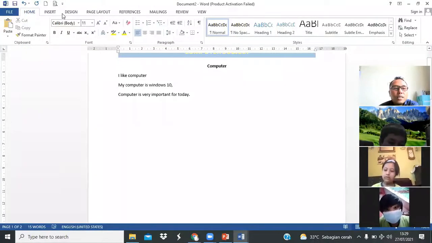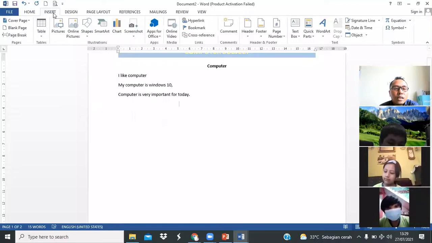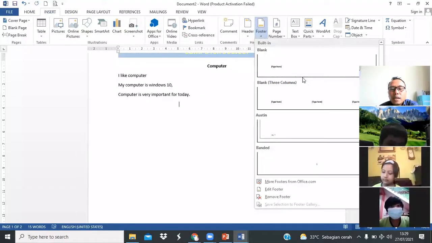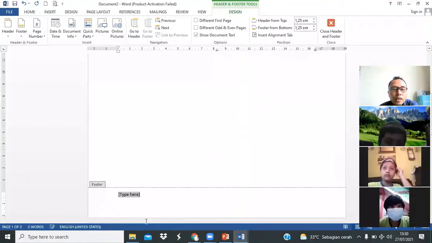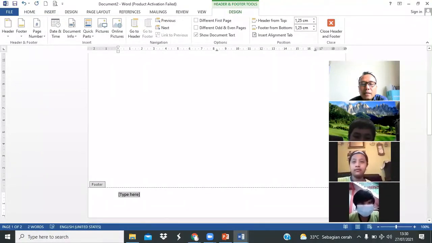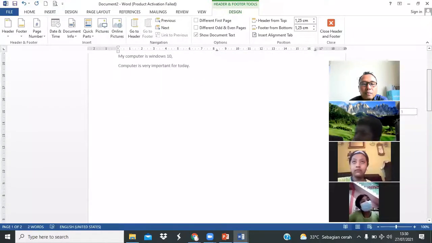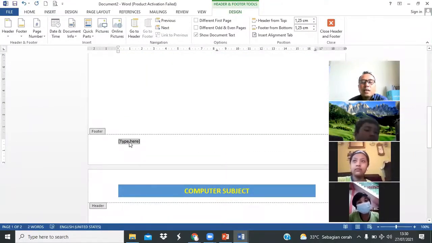Look at insert, like Angelo said: insert footer. Click this one, and then we choose. For example, I choose this one. It's up to you, kid, choose one of them. Automatically it is at the bottom. Now you can type here, up to you. You can directly type.